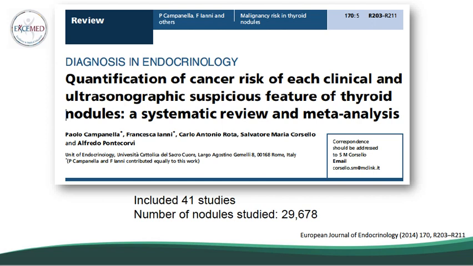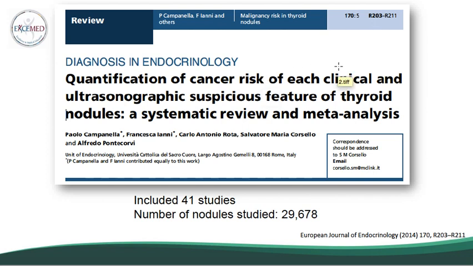So the next step after your history and your physical examination, you now go to your diagnostics. One of the most important things to request is, of course, your thyroid imaging, which is your ultrasound. There are a lot of studies investigating the sonographic features and the risk of malignancy. So they eventually decided to do a systematic review and meta-analysis to combine all the information from all the studies, 41 studies in total, and they were able to quantify the risk of cancer for each clinical and